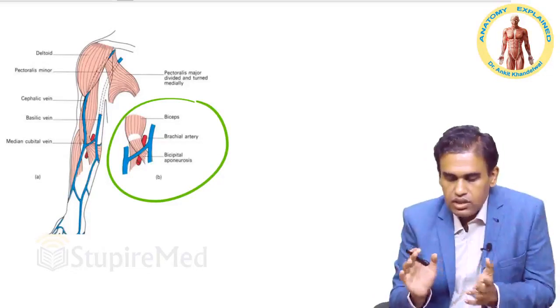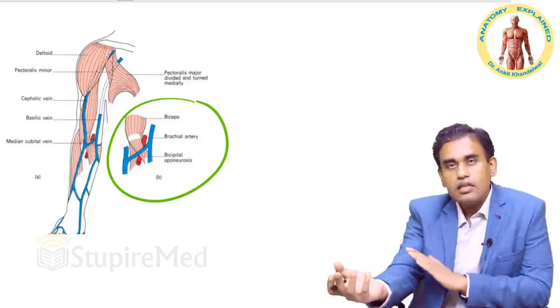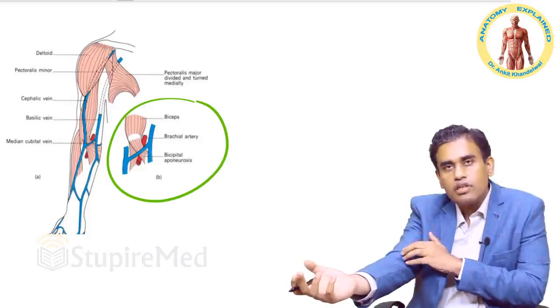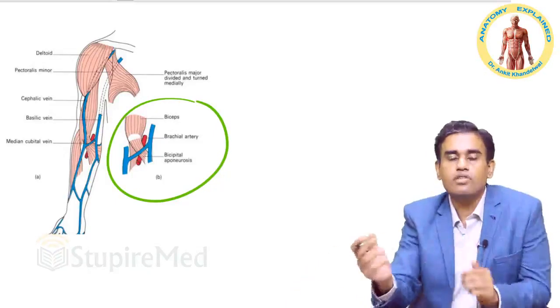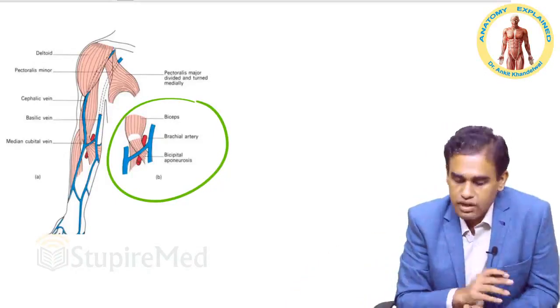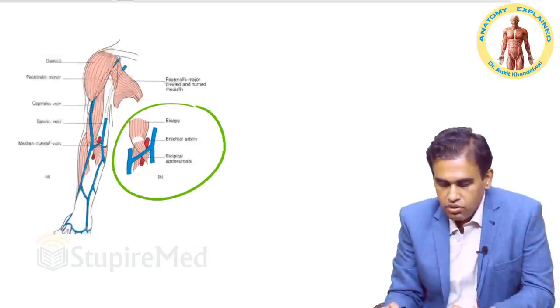So therefore, you can say that in the roof you have the median cubital vein, then you have the bicipital aponeurosis. Behind this you will have the artery, that is the brachial artery. Very important location. Clear? Now moving ahead from here,